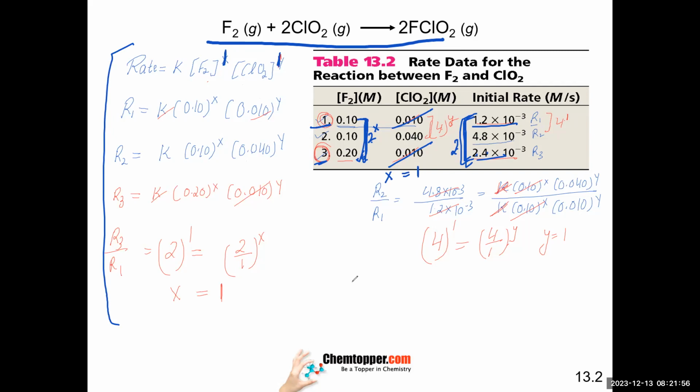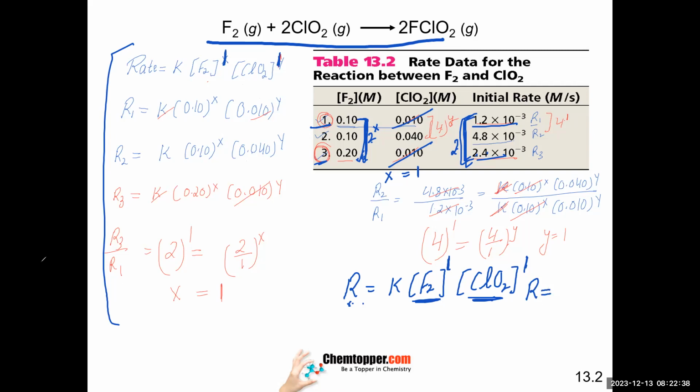So now do you know the rate law, children? Rate equals K times concentration of F2 raised to power 1, concentration of ClO2 raised to power 1, order 1, is called first order kinetics. This is one order, this is one order. So I will say rate is first order with respect to F2. Rate is first order with respect to ClO2. Means you double this, rate doubles. You double this, rate doubles. So rate is equal to,